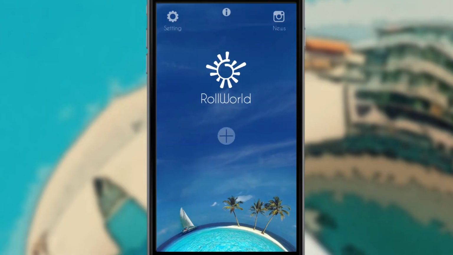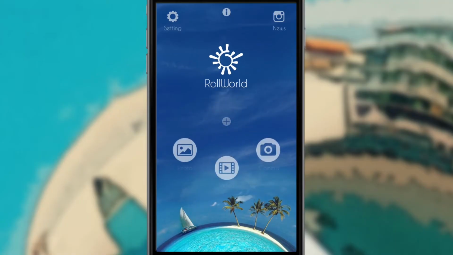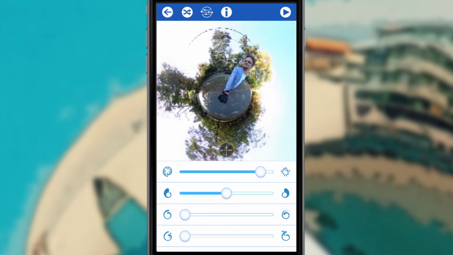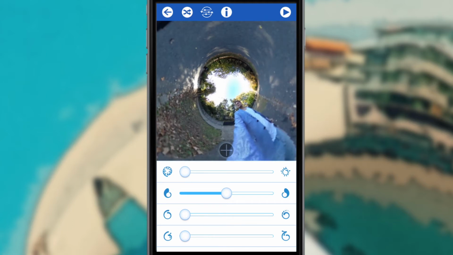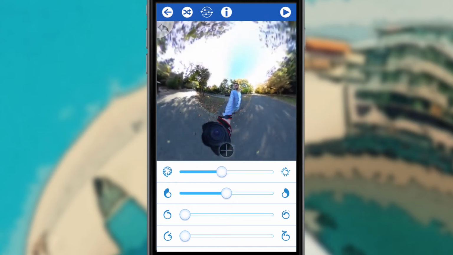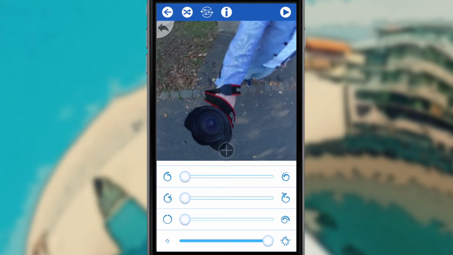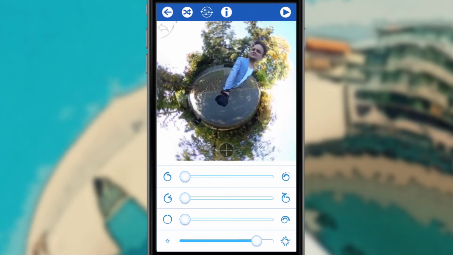Once I have my photo on the phone, it's time to turn it into a little planet. I have 2 applications to do this, RollWorld and TeraPlast. Both are free applications and work with any spherical images. RollWorld is very easy, just browse the image and set up the best settings. The basic setting is a kind of little planet, but you can turn it into an inverted planet too. I usually use the first slider to set it up, then I use the last slider to set up zoom, and one more slider to rotate the image.